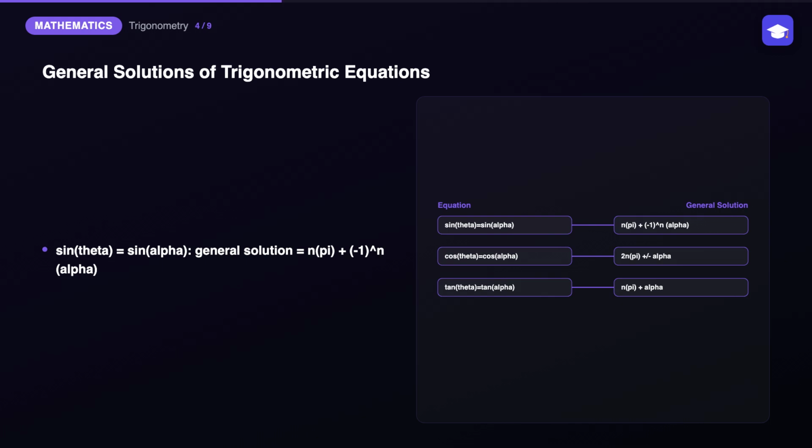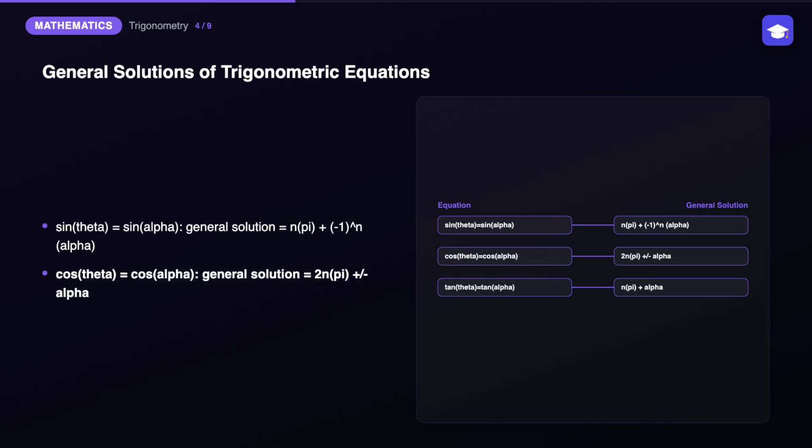are always infinitely many valid solutions, so JEE specifically requires the complete general solution expressed cleanly using an integer parameter, conventionally n, rather than merely a single isolated particular solution. For sine theta equals sine alpha, the complete general solution is theta equals n pi plus negative 1 to the power n times alpha. This specific, slightly unusual looking alternating sign form correctly, systematically captures every single valid solution across all